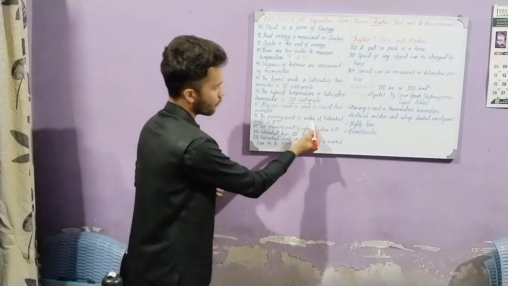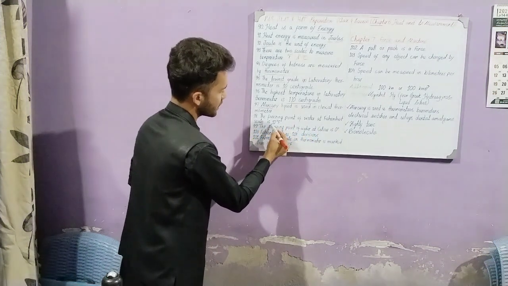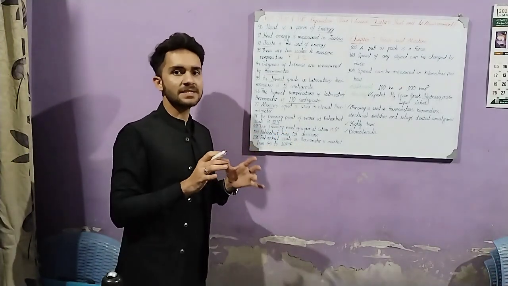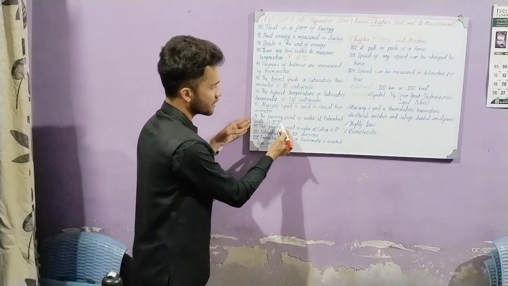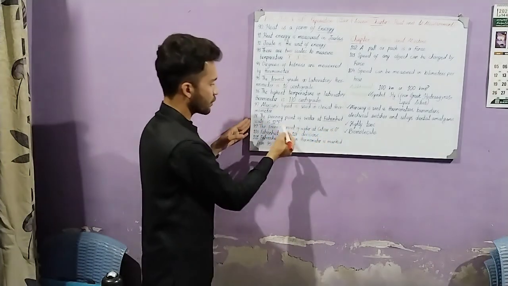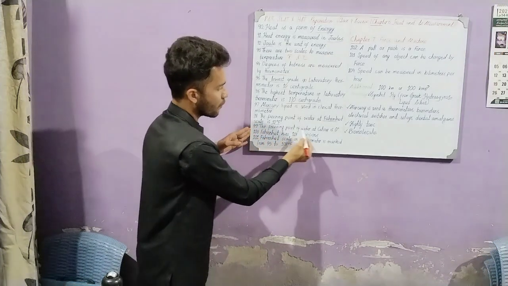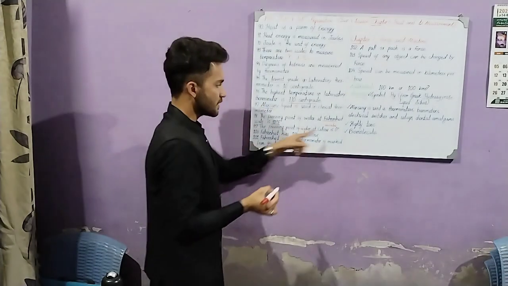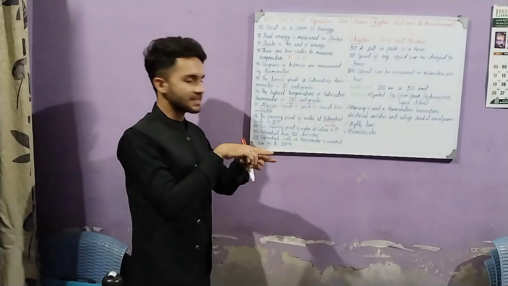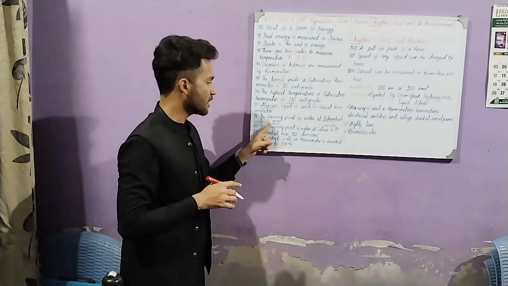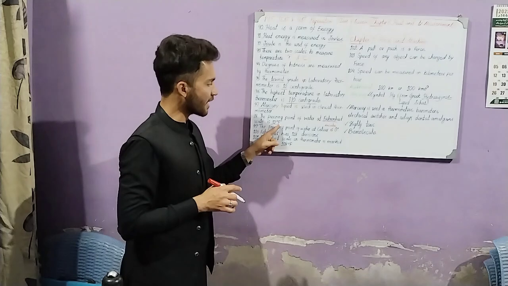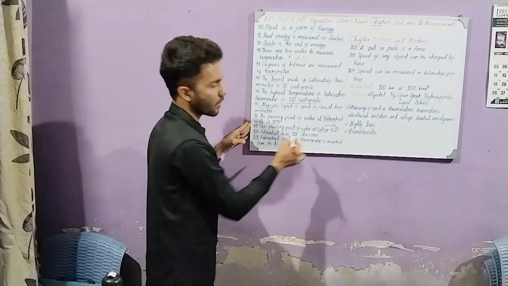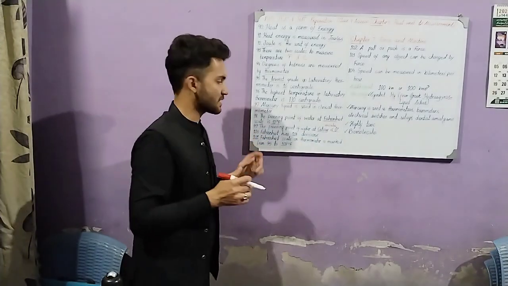Next one is the freezing point of water at Fahrenheit is 32 degree Fahrenheit. The freezing point, when the water starts to become ice, snow, at that point is 32 degree Fahrenheit according to the Fahrenheit scale. And then the freezing point of water at Celsius scale is 0 degrees. 32 degrees of Fahrenheit scale for freezing the water and 0 degrees of Celsius scale for freezing the water. Freeze means to become ice or make ice.